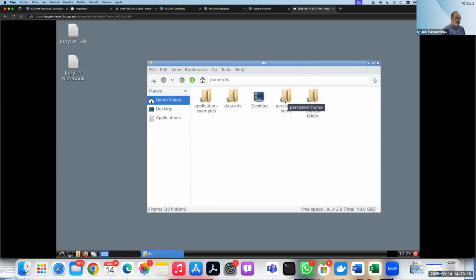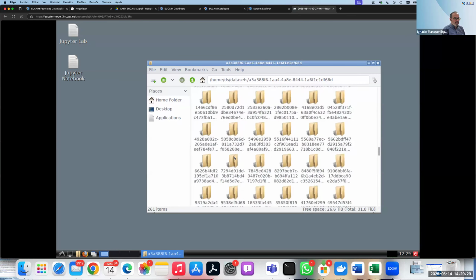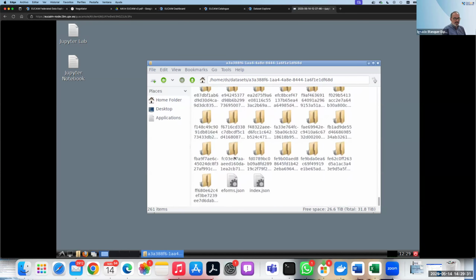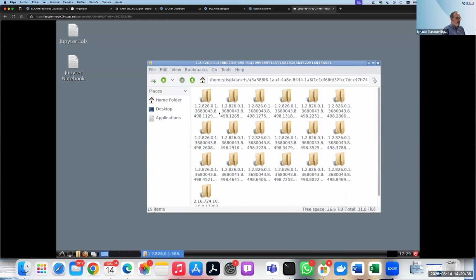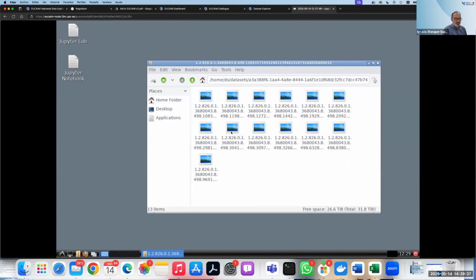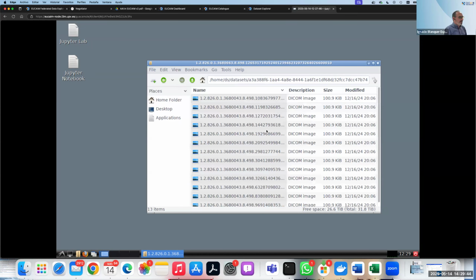I can share it with different datasets if I have permission to several of them, and a shared folder to share information with other colleagues. In the datasets, you can see that we have all the individual folders, and in each folder, I have access to the DICOM files. If I put it in a view mode that is easier to see, these are DCM